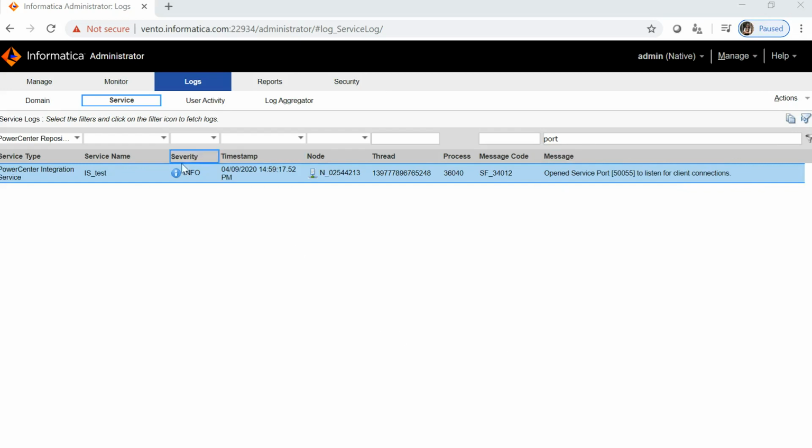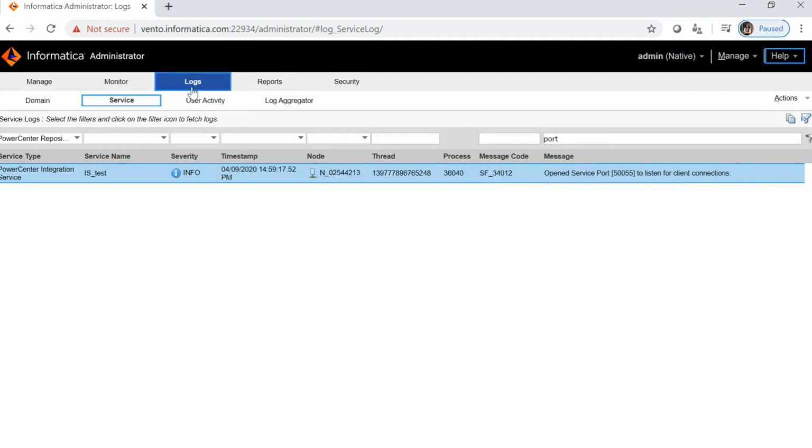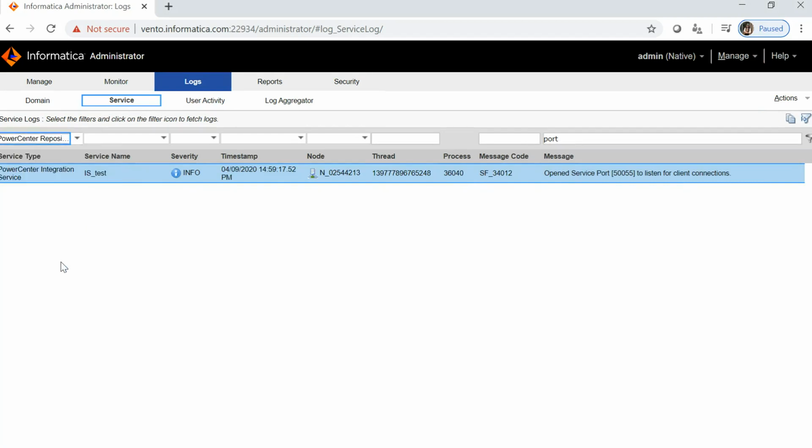Now I have logged into the Informatica admin console of PowerCenter version 10.4, which you can see here. I have gone to the log section and selected the service. First we will select repository service, and we will select the corresponding repository service. I have selected rep_test, and then we have to provide the code, which is